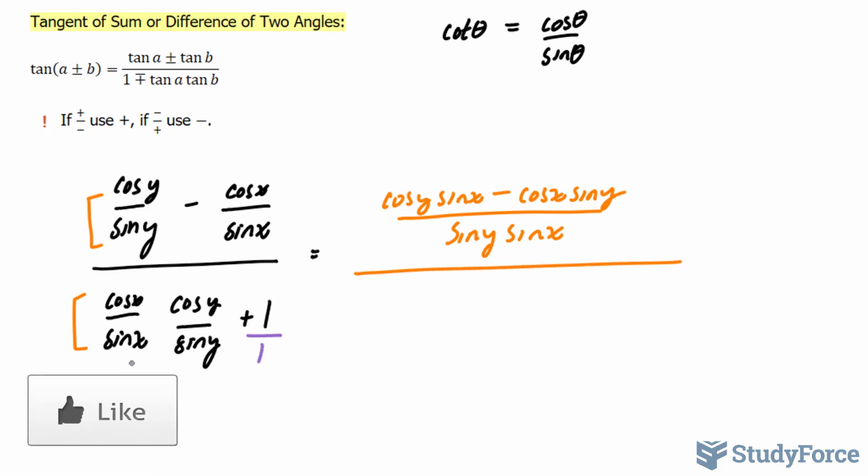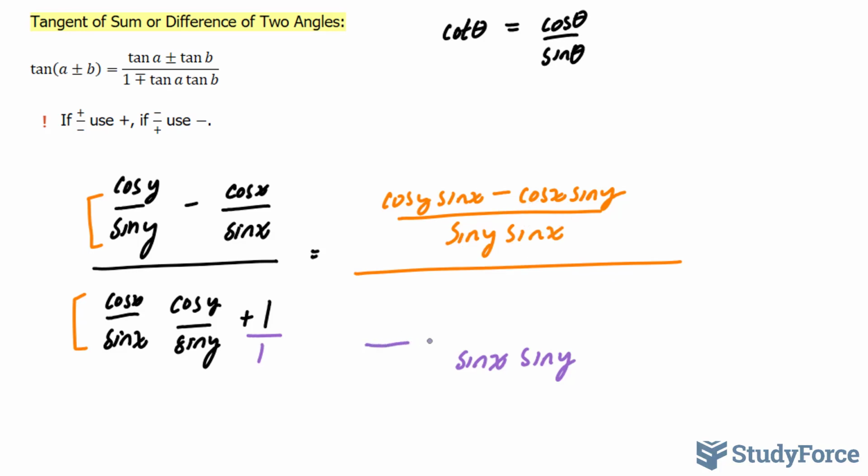We'll pretend that there's a 1 here. Sine x, sine y, we're going to multiply that to 1. That gives us sine x, sine y, which is identical to the denominator up here. And the numerators will be 1 times this, which is cosine x, cosine y, and this times that, giving us